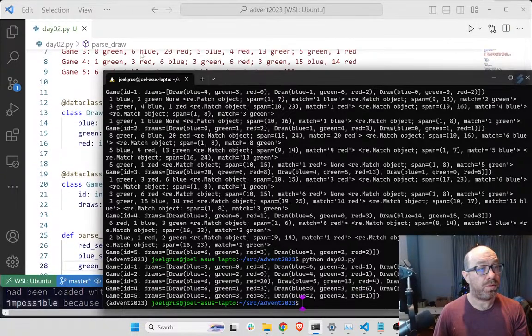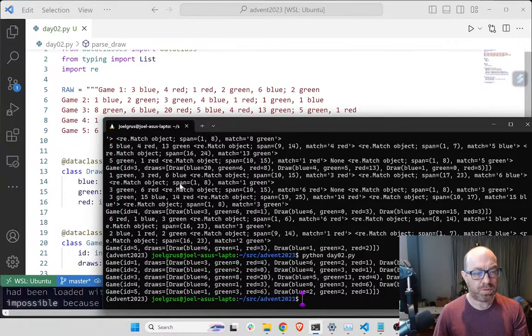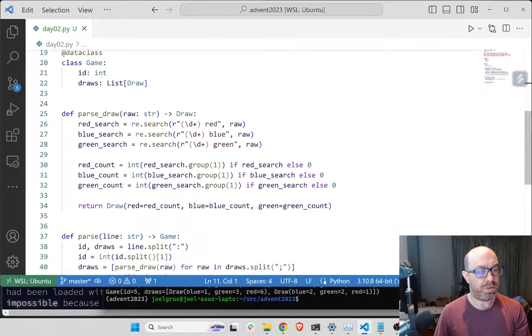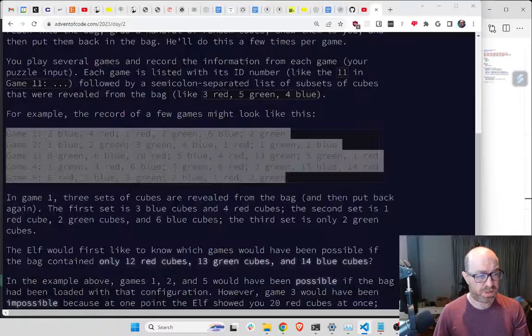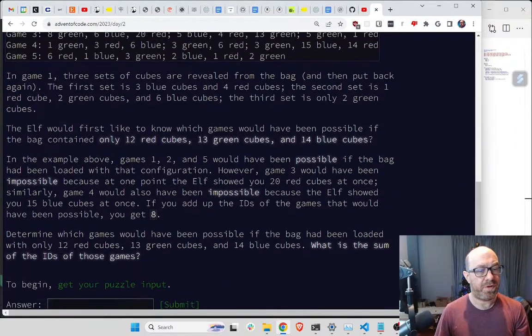Okay, so blue, green, red: blue 6, green 2, red 1, green 2, so that seems good. And then game 3: blue 6, green 8, 20 red, okay, so that seems reasonable. Okay, and now let's go, which game would have been possible if, okay, so